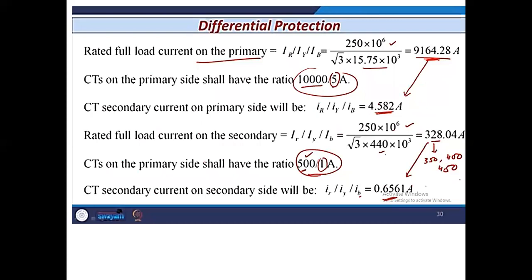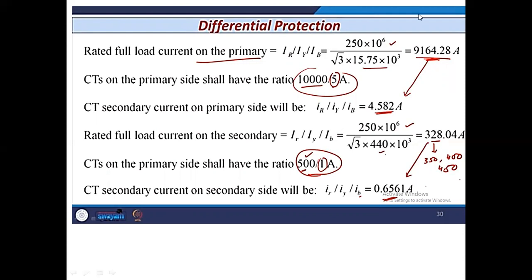So I select 10,000 ampere by 5 ampere. I have selected 5 ampere CT secondary because this current is more than 1000 ampere. If I use the CT ratio of 10,000 over 5, and transfer this current to the secondary side,